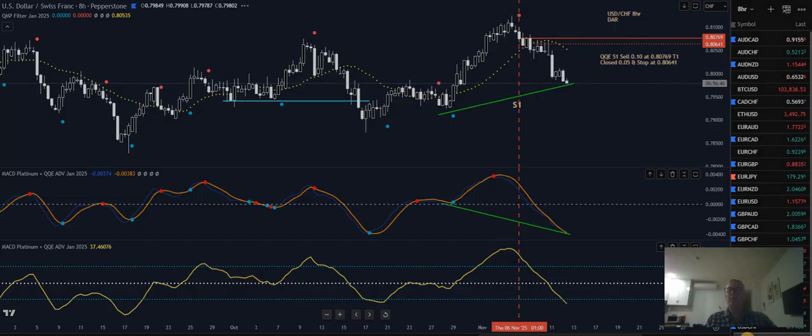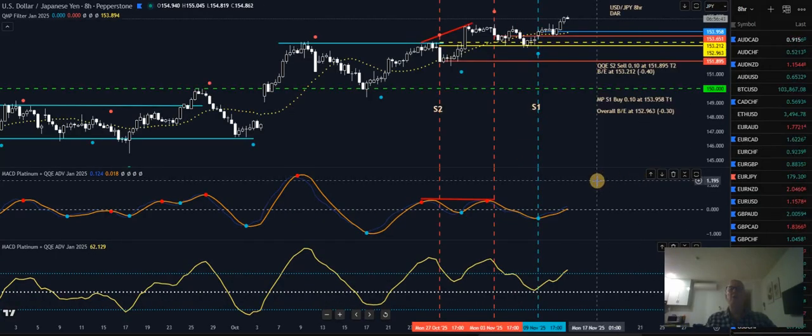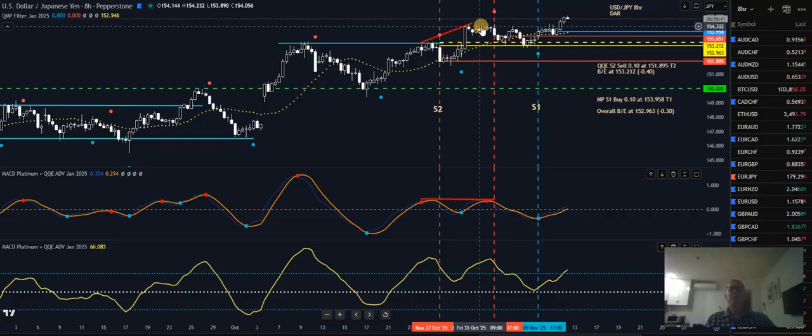And last one, USD Japanese yen, another yen pair, dare I say. There's divergence there. So we're in a sell here. This is the QQE, it's above it, hasn't come to the 50. It's above it, second one. Still hasn't come to the 50, it's very close. And we've got this buy setup, so the MACD platinum's below the 0 level. So I'll take that as a hedge sort of buy. So there's my buy. And it's just going up. So again, I'm in no rush to do anything about the buy trade until we get some sort of reversal or some signal. Now the QQE's gone back up above the 60, so I'm just waiting for this to turn over again.